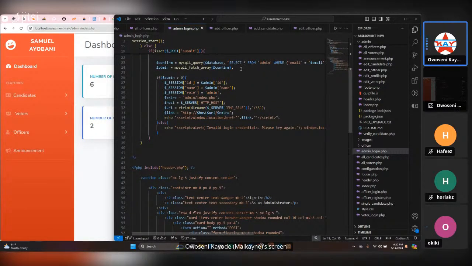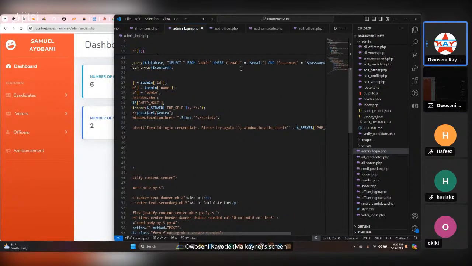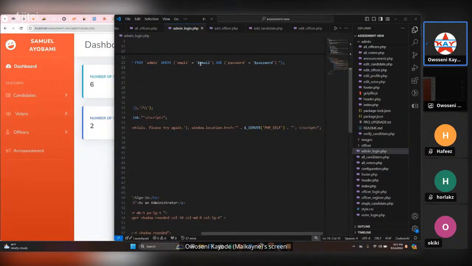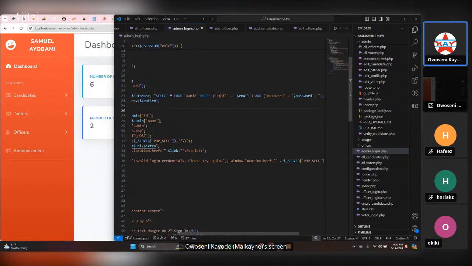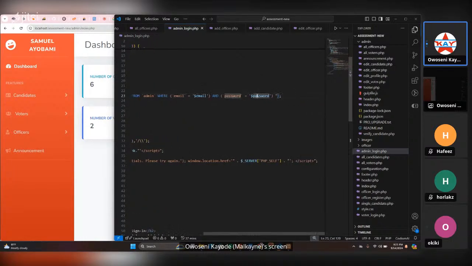So it is more like you are confirming what the person has just inputted from that admin page, where I inputted admin@gmail.com and then the password, at that point where I was trying to log in. So it selects all that we have from the admin where the person's email equals the email you've just inputted and the password equals the password you've just inputted. Once that is compared, it tries to get all the details about that particular person and save it as admin. So if this admin is true, that is, all these things are correct, the email equals the email the person inputted and the password equals the password the person inputted,